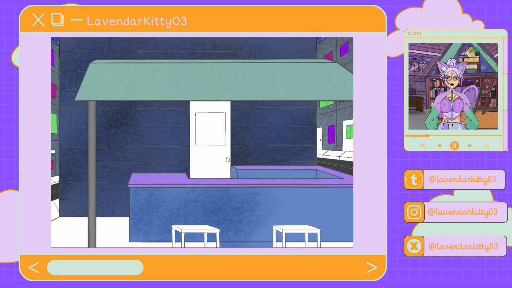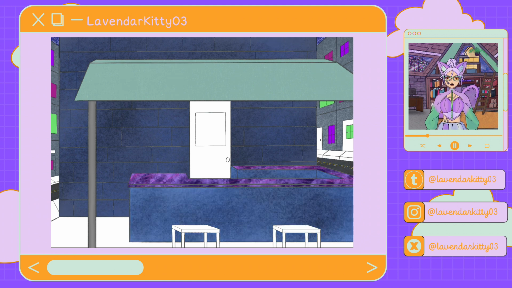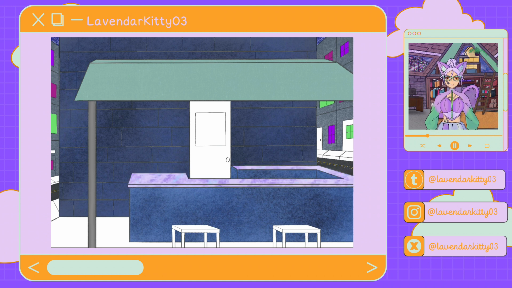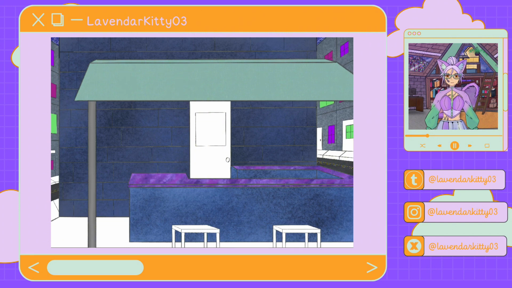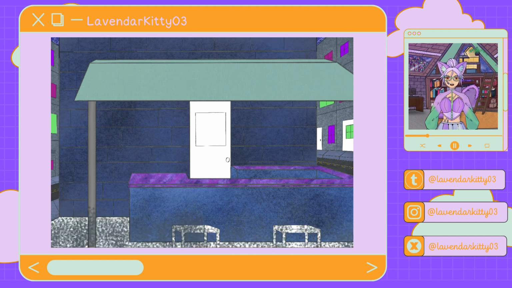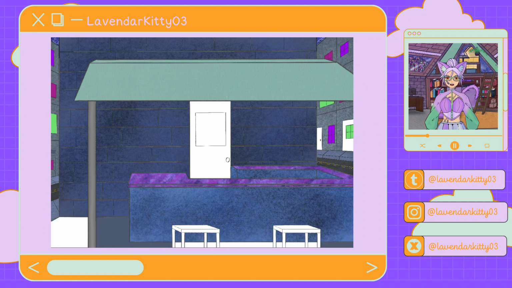Something I was trying to learn was neon lighting and how to get that lighting effect. How I personally went about it is I put down a slightly darker color first, and then I put the lighter color that I liked on top of it second.